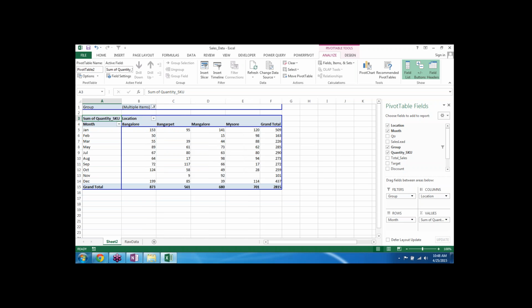So quickly you can see that, if you talk about laptops and televisions, we did not have any sale of laptops or televisions in Bangalore for the month of November, and Mysore also in the month of November. So there was no sale for these two items. And also we could see that in the month of February, there was no sale of televisions or laptops in this area called Bangapet. Something like this. So from the data also, you can actually say some story.